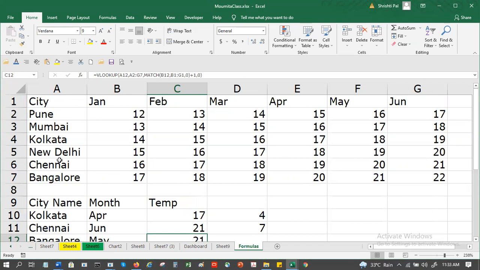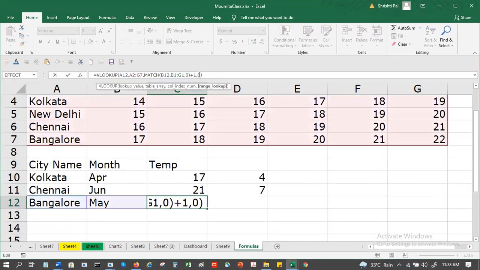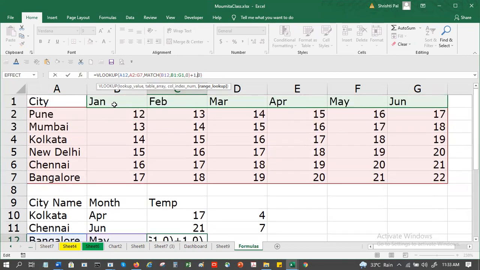And over here it says 0. 0 means exact, right? And then +1 means the first column. No, this +1 is to bump it ahead. See, if you look at these two columns, Jan, Feb, March, this is greenish. Whereas my pivot table is starting from one column before that.